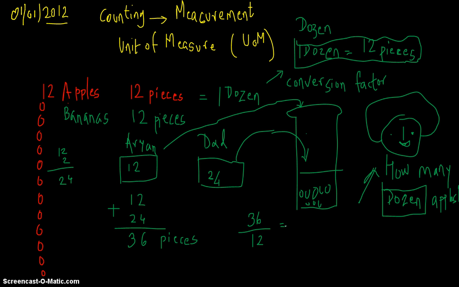And if you know the tables, 12 ones are 12, 12 twos are 24, and 12 threes are 36. So if I divide 36 by 12, you get 3 dozen, right? So how many total apples do we have? In total we have 3 dozens, and I really don't know why mommy wants to know how many dozen apples,